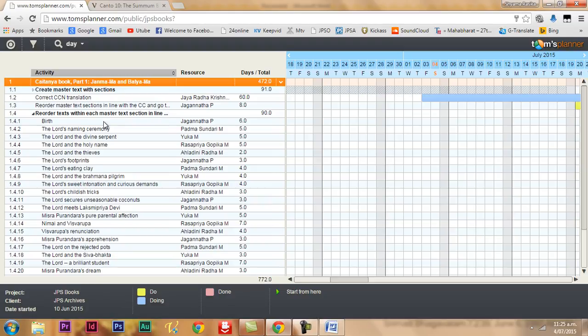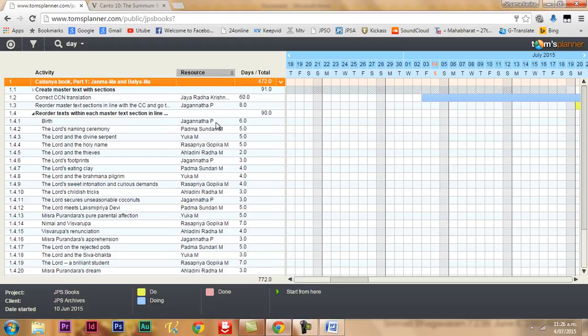Within each pastime section also, we will have material from Chaitanya Charitamrita, Chaitanya Bhagavat, Chaitanya Mangal, and all of these books. Now, the first step is to make sure all these pastimes are put in. But then within each pastime, the second step is to amalgamate them, to make sure that all of them are seamlessly integrated into one consistent description of that pastime.